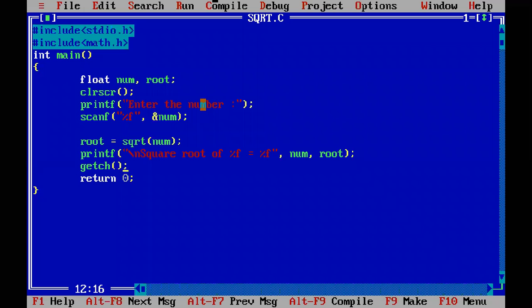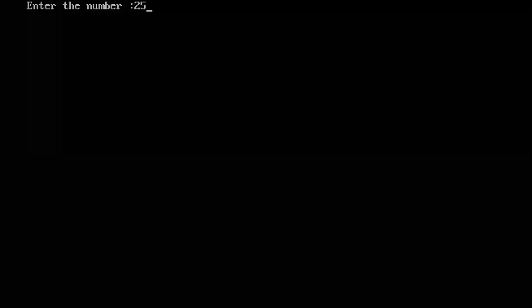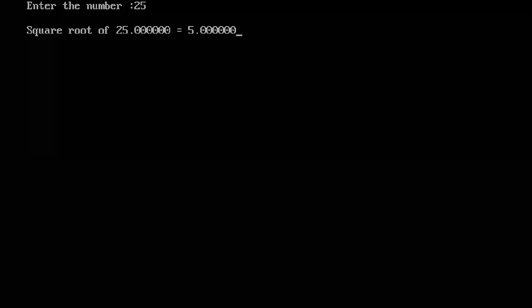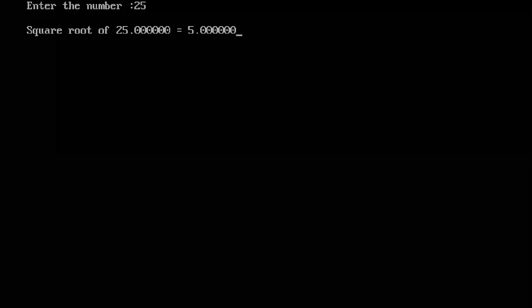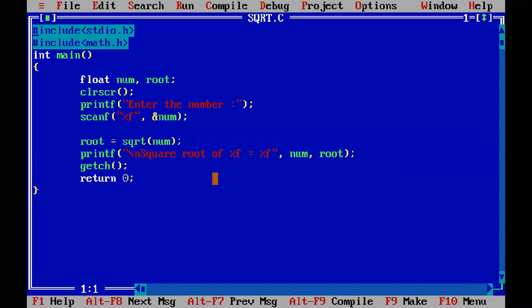Let us check again. Enter the number, say 25. See, I got the value. My screen is still on hold. Because I have used the getch function, it says I have to input a value now. I have to read a character from the keyboard. Now I will press any key. That value will be taken as the input and I will be taken back to the former screen. I have pressed the value G. Then I get this back. So the basic purpose of getch is to read or get a value from the keyboard.